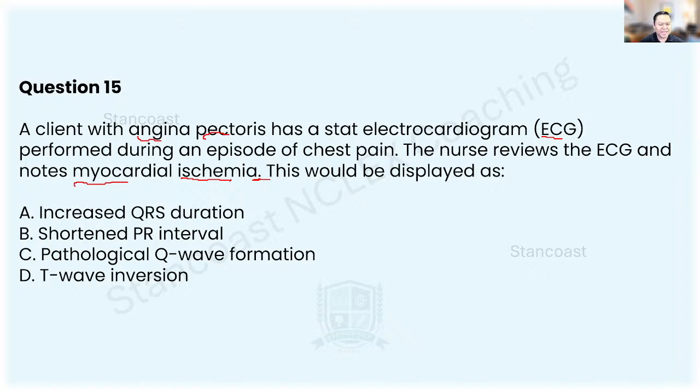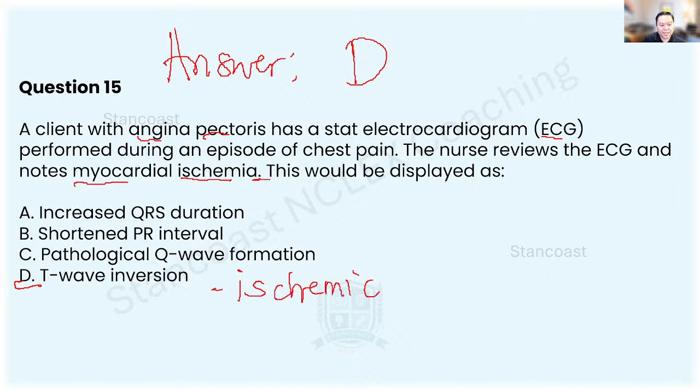Remember about that key wave that we talked about? The correct answer here is letter D, T wave inversion. Remember about that. When there is now ischemic change, this is represented by the T wave inversion. Okay, so that basically means that there is reduced blood flow